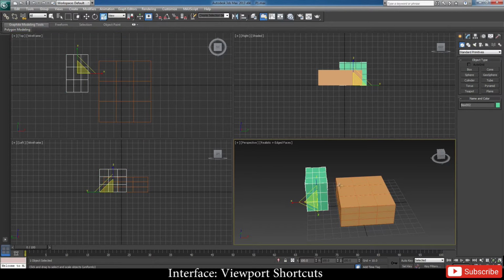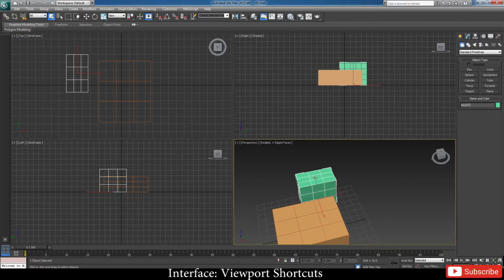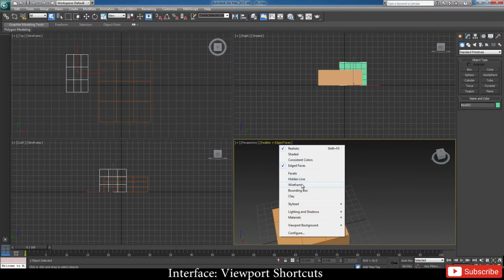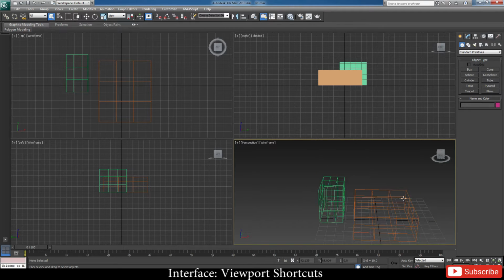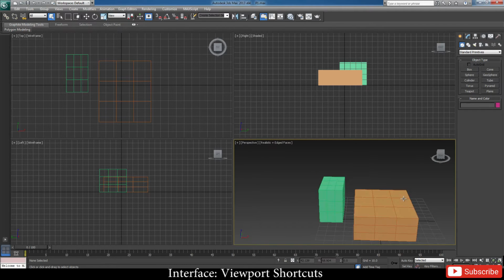Now when you come on to, let's say, perspective view for now, over here, this is in the realistic and edge form. Now we wanted to see it in the wireframe form. Instead of going here and then going to wireframe, what we can do is just come to this viewport and press F3. It goes to the wireframe mode. Now to come back into the realistic mode, you've got to press F3 again. So we come back into the realistic mode.